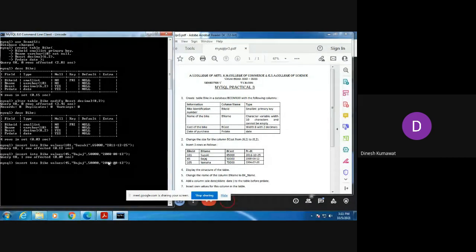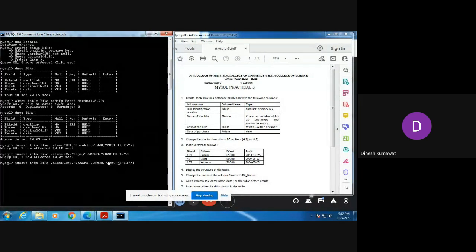Now similarly, you can add the next entry corresponding to 105 as bike ID. Then the company is Yamaha. Cost is 70,000. And the date of purchase is 2004-07-20.